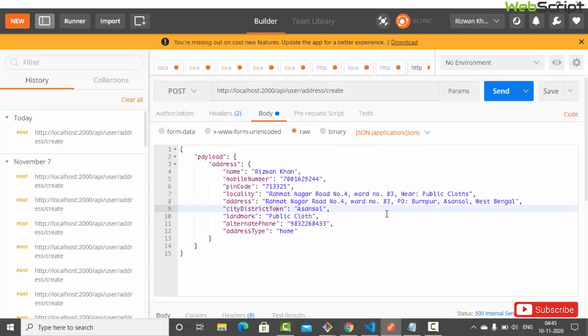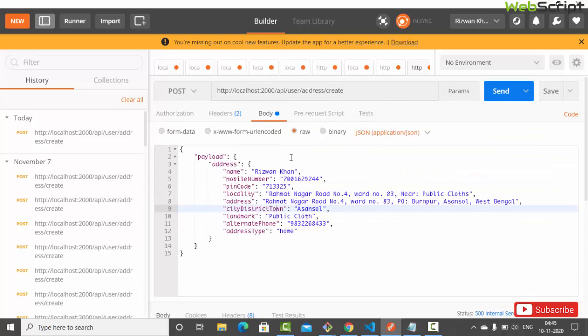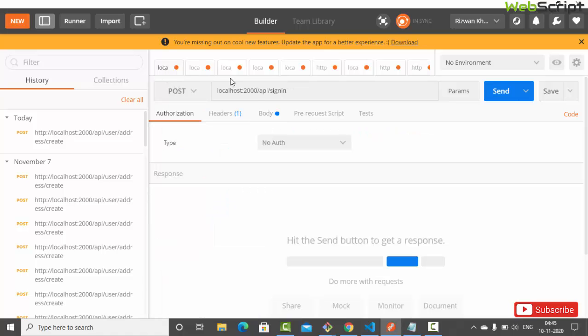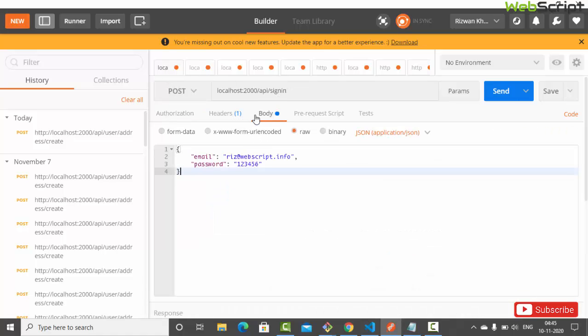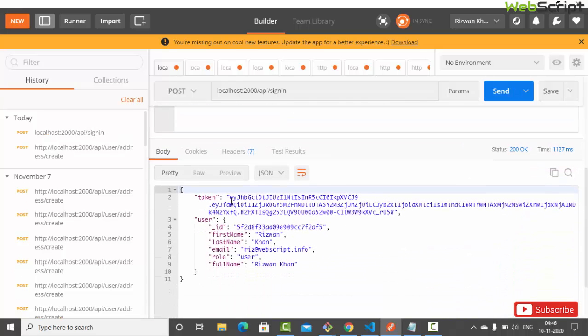So obviously I need to log in first, so only I can create that record, because it requires authentication. So here API sign in, headers, body. Okay, let's send the request, and I've got my token. Let's copy this token,